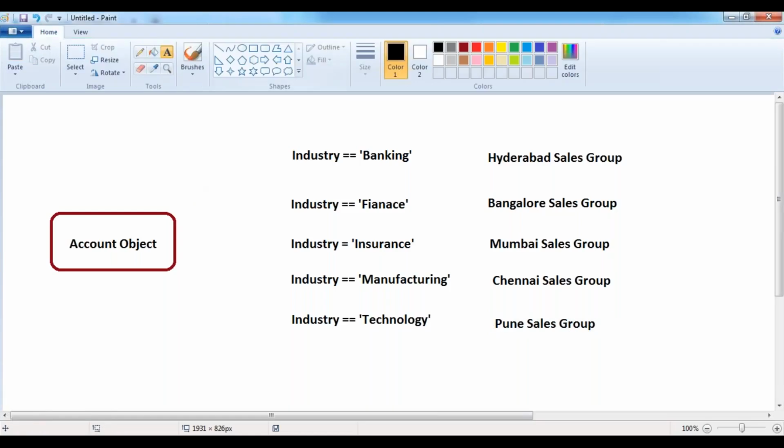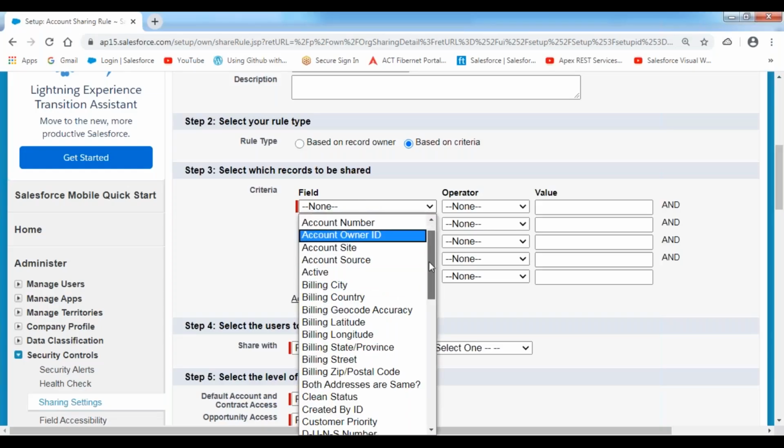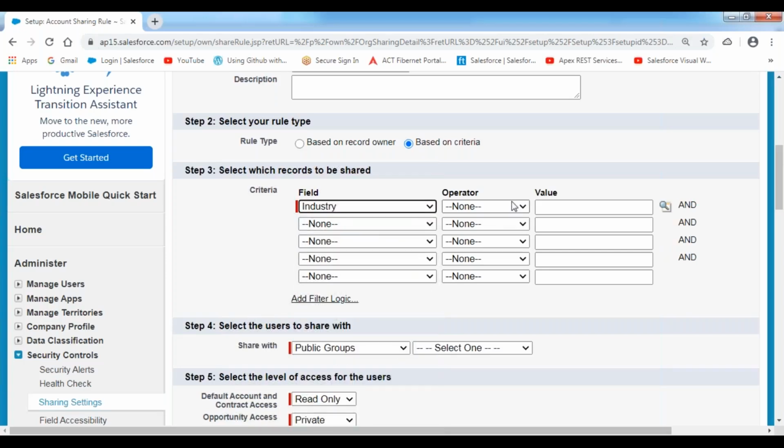Now observe the scenario in this case. Whenever I'm creating the record, depending upon the industry value, if the account record's industry value equals banking, then I want to share the record to that Hyderabad sales. Now tell me, how can we achieve this? By using a sharing rule. For that, we have to add the condition where the account record's industry equals banking,